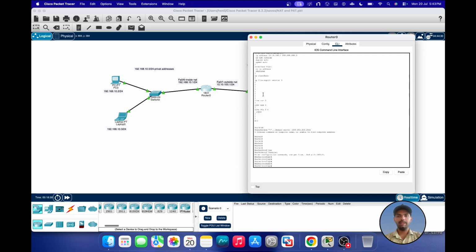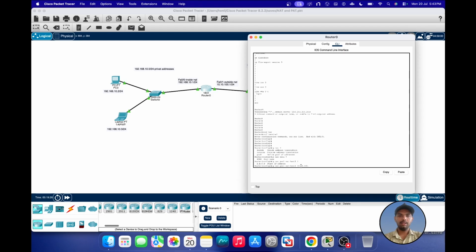So for that, we can use the command IP NAT. After that, we can hit question mark, and as you can see, we have the option pool. So we can use pool. Now word, which means what should be the name of this pool. So we can just say NAT-HENIL. You can just enter any name. After that, we can hit question mark. You can see what should be the start IP address for this pool. So let's enter